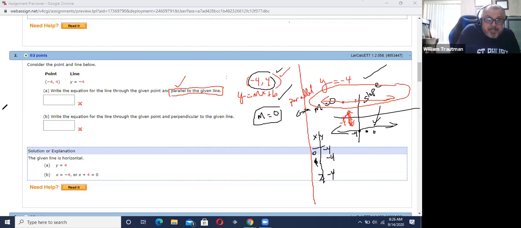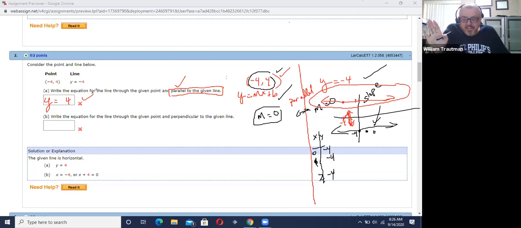Well, I can write it right now. All horizontal lines start with y equals. Y equals 4 is the answer. We're done. The answer is done. But I mean, if you didn't want to do it like that, you could have done